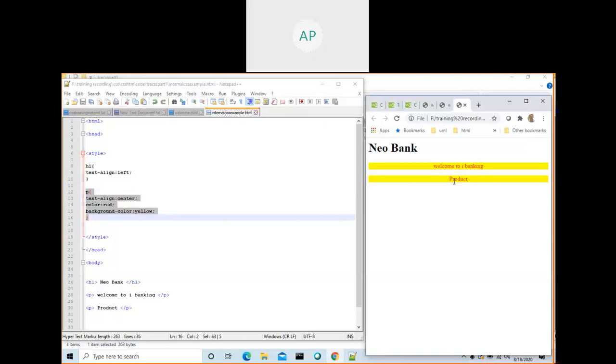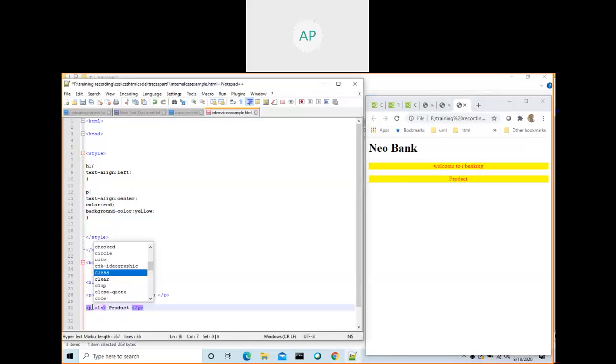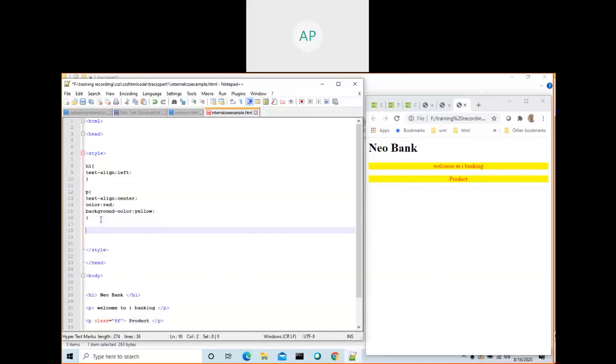Then how can we do it? Just introduce a property called the class attribute. Style is an attribute, class is an attribute. Give any name; if possible, give something meaningful. Okay, FF, any name. Then you create .FF.